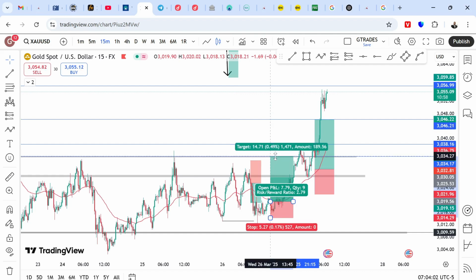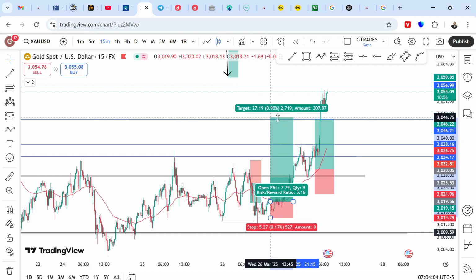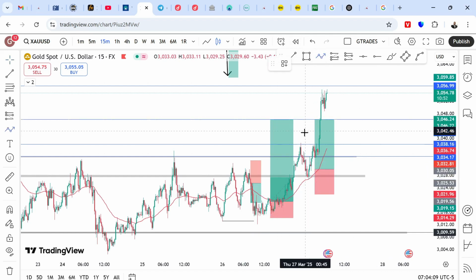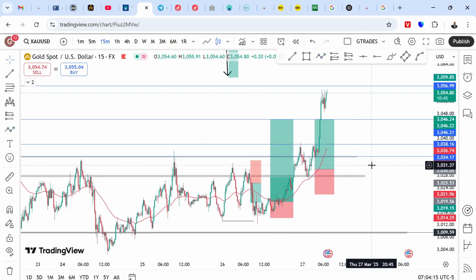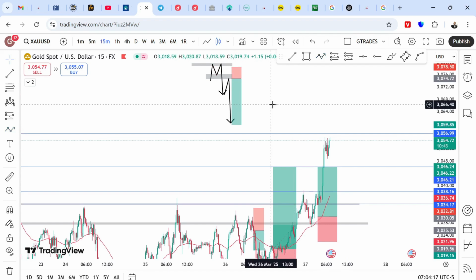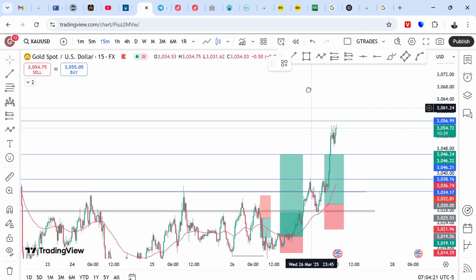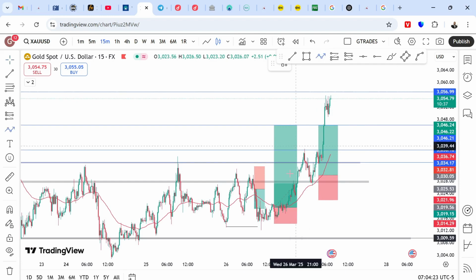But for some of my students, I told them to close. For me, I still held up until this particular moment. And this morning now, the market came back to retest this particular support, you can see. So what gave me confidence is that for those who trade a breakout and retest, now if I'm a breakout and retest trader, of which I do that often, easily as well, I discovered that we had a breakout here and a retest.